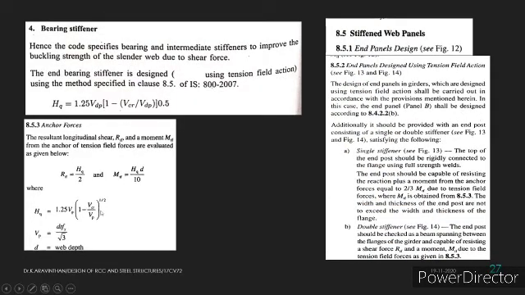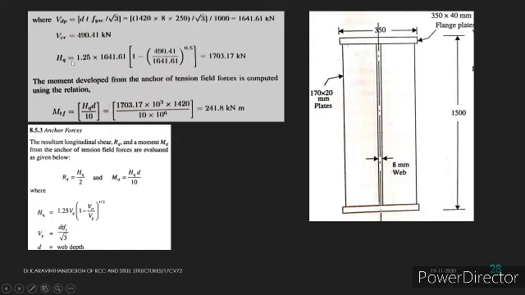What is required here is the critical shear divided by the shear which we have identified here as Vp. You should divide that, and 1 minus this value should be rooted, and if you find HQ, you will be getting 1703.17 kilonewton. Now HQ is found out, and if you multiply by d divided by 10 you will be getting the moment at tension field. So the moment at tension field is 241.8 kilonewton meter.